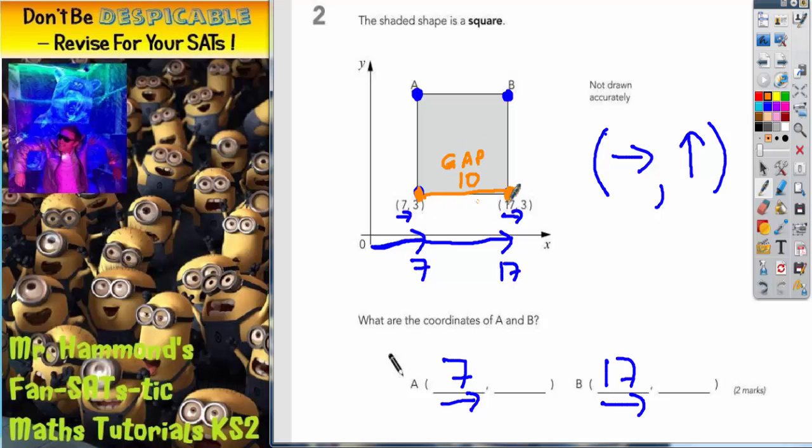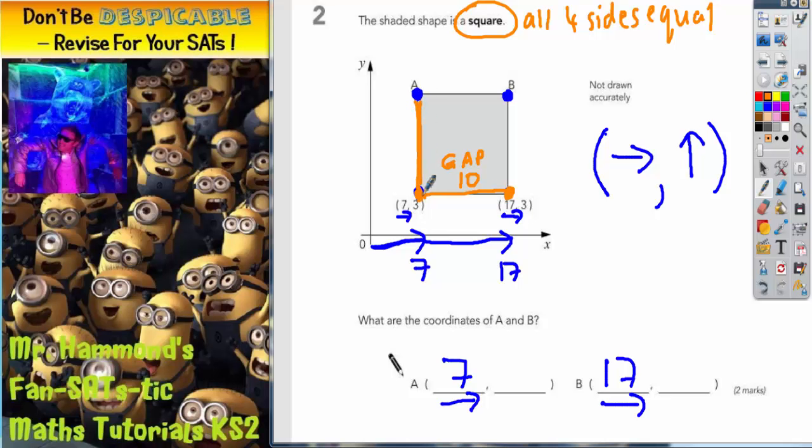Now, that gap being 10 is actually giving us the length of one side of the square. But remember, we are told it is a square, and a square has all 4 sides equal. So if one side of the square is 10, then all the sides of the square are 10, including this